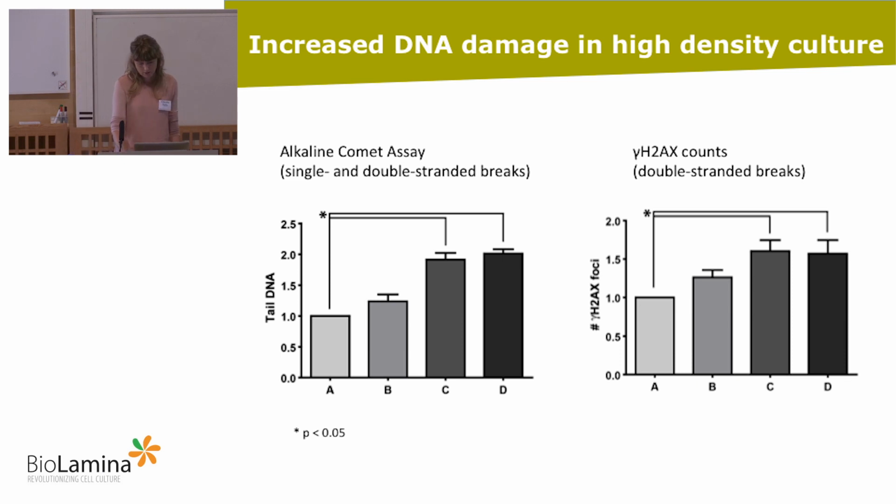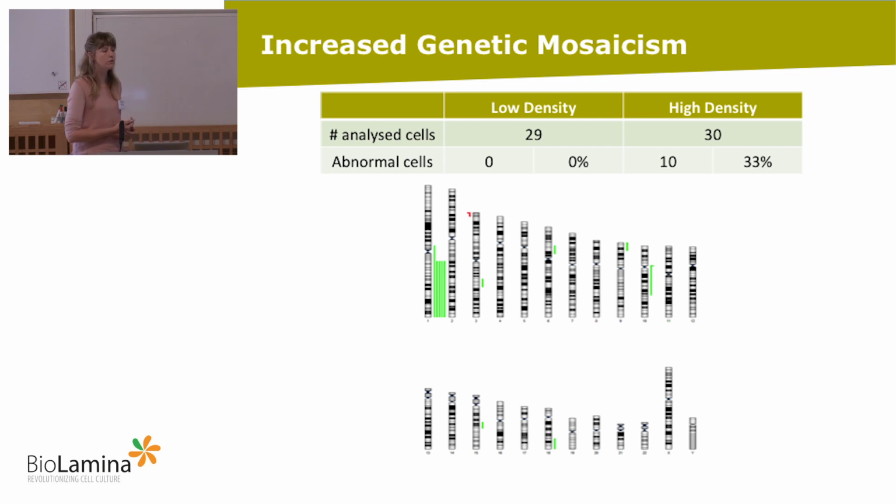And in fact here, I know you don't see the green very well. I should learn to change the slides and make this black or something. So here you have very clearly 5 cells that carry pretty much the same abnormality. They carry this gain of chromosome 1. And if you think back to the figure I showed you at the beginning, this is one of those abnormalities that tends to take over the culture. The fact that we picked up 5 of the same seems to hint that this abnormality was already busy taking over the high density culture.